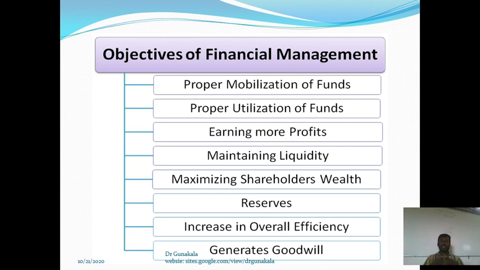Similarly, how much of the reserves are going to be maintained by the company. If there is any sort of uncertainty, whether the company has that much capability to face the uncertainty. For example, the recent situation faced by the entire world, the COVID pandemic situation. Most of the companies, especially SMEs, small medium enterprises, MSMEs, micro, small, medium enterprises, were facing a lot of struggles. They were unable to survive. So if the companies have proper reserves, they can survive in any kind of pandemic situation.